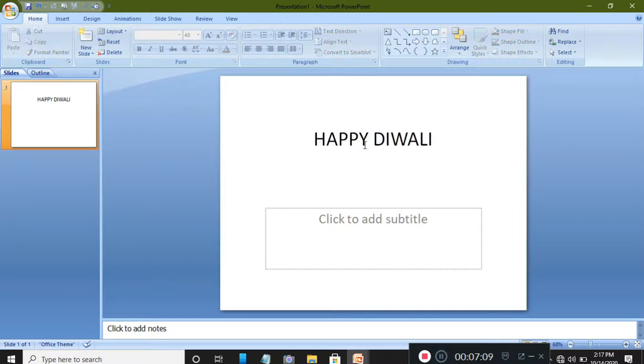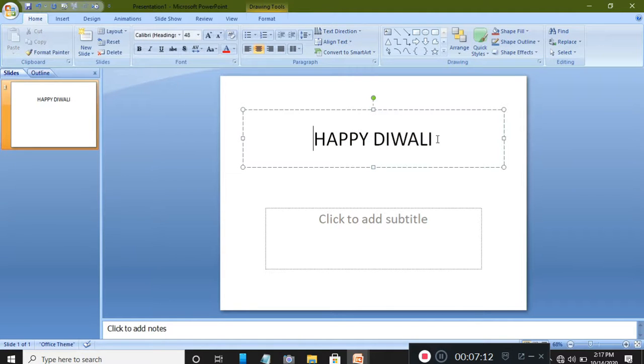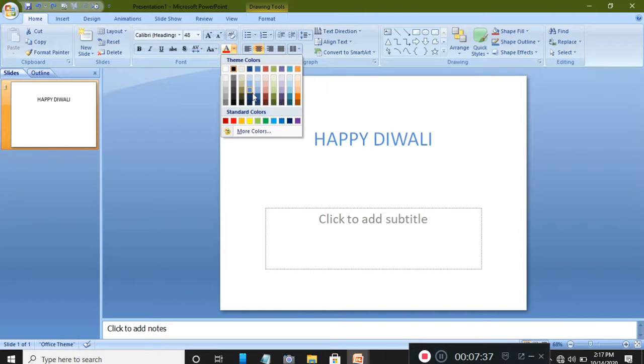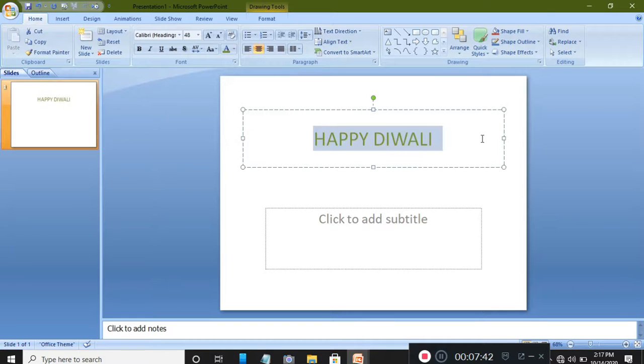And if you want to change the color of your text, which is by default black, when you are working in any Microsoft Office document, by default the text color will appear in black. Alright, so this is in black. I'm going to change the color of my text. So here I will go and choose green color. Okay, so this way I have changed the color of my text.